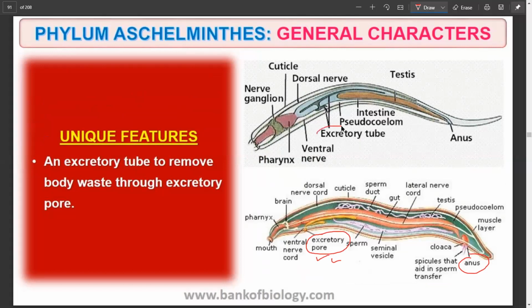As you can see here also, the excretory tube you can see. And again, it is on the ventral side. This is the ventral side, and this particular side is going to be the dorsal side. And your nerve cord along with the ganglion, which is nothing but a group of nerves that is